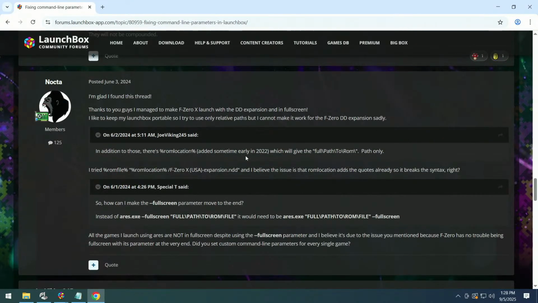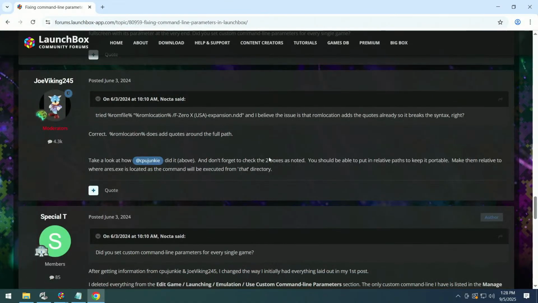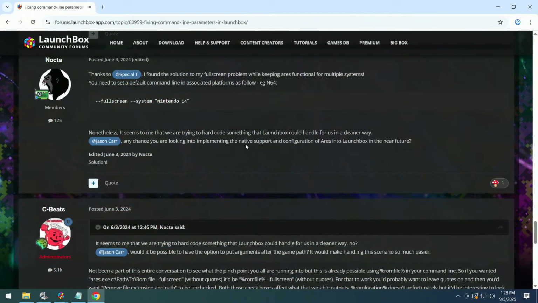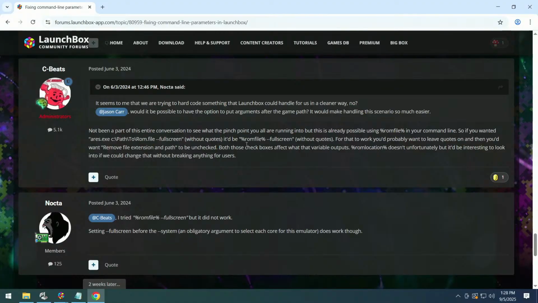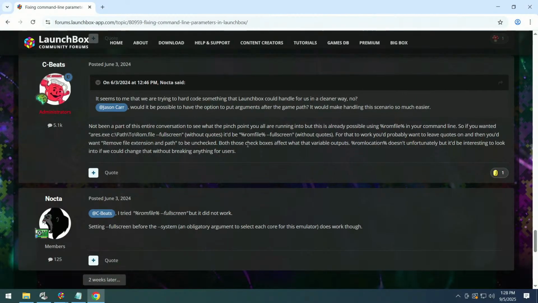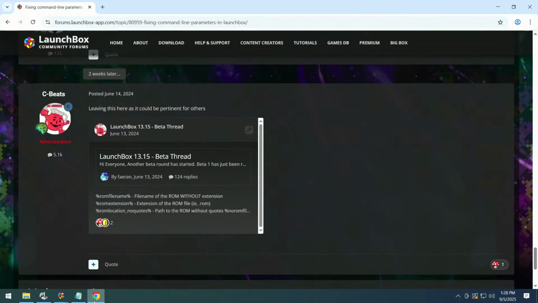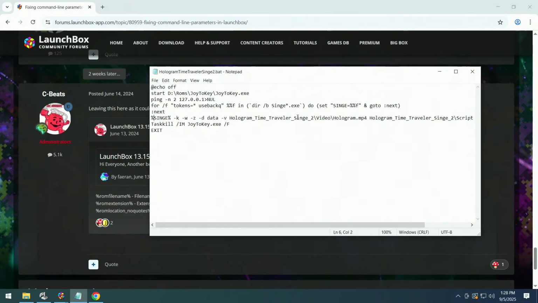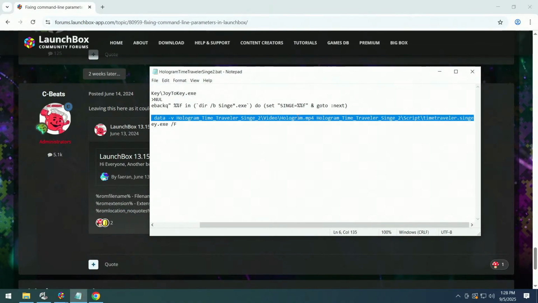Platform, edit emulator, ROM file, ROM location. I know I've looked this up before, but okay, what if I do this? What if I go like this? If I grab this,